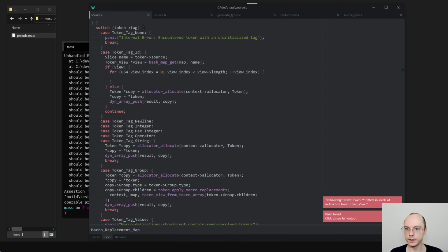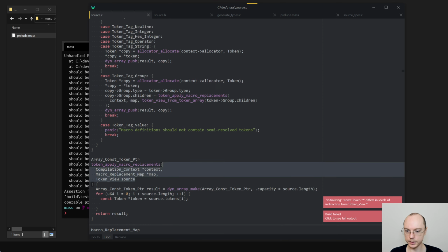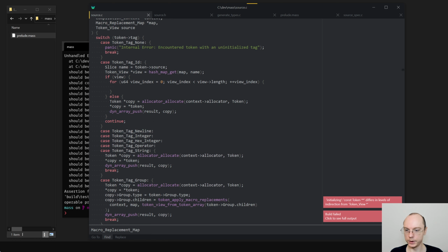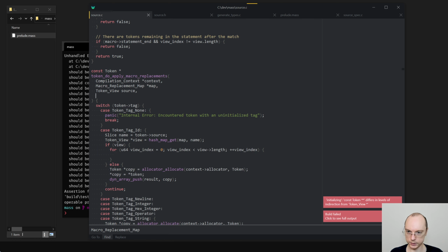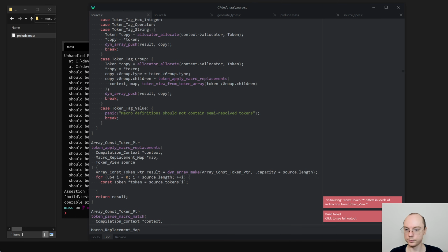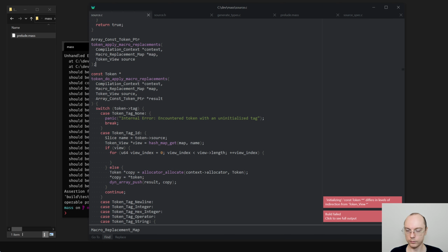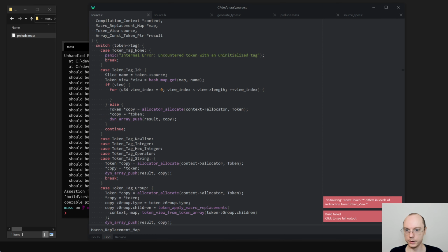Yeah, the difference is this will actually get an extra argument, which will be array const pointer star result. And this is what we will pass into here.